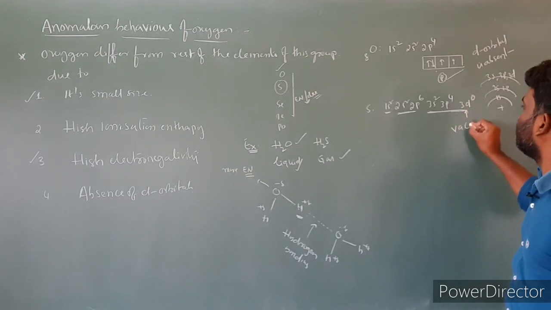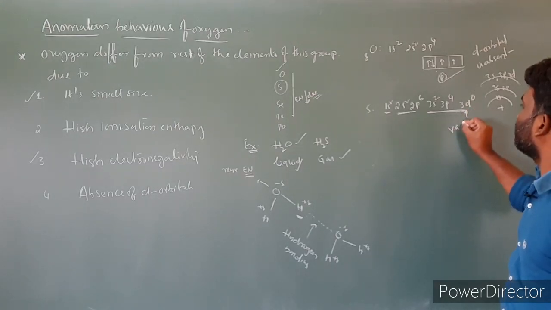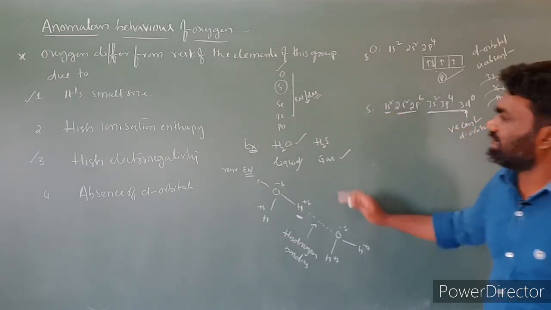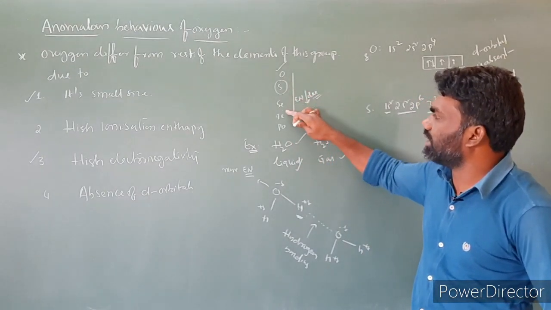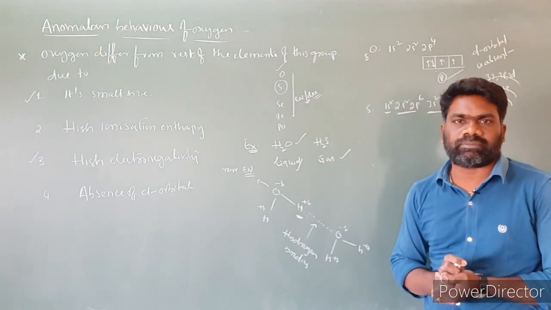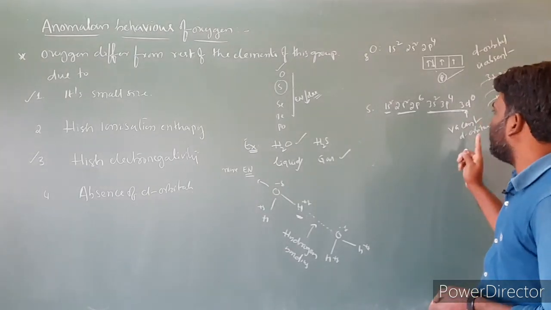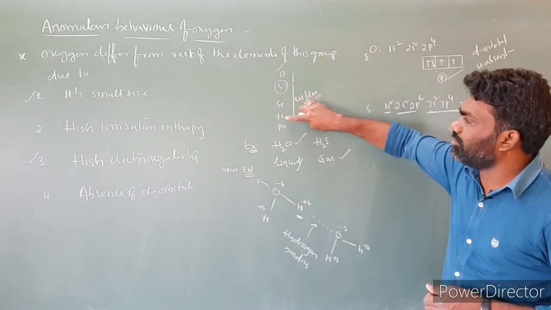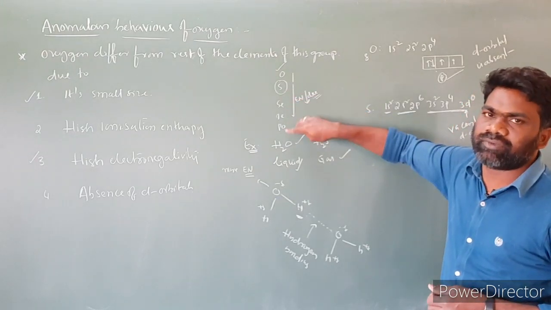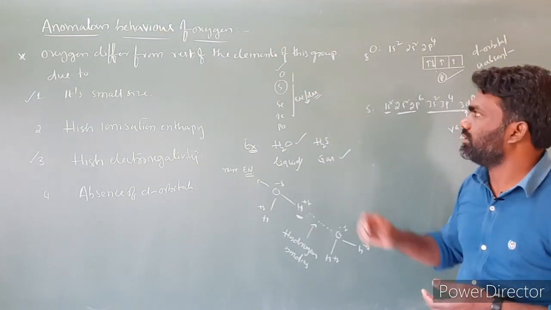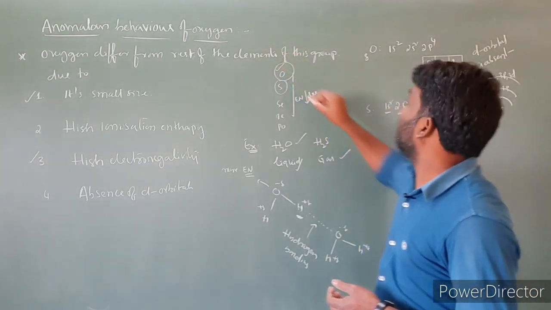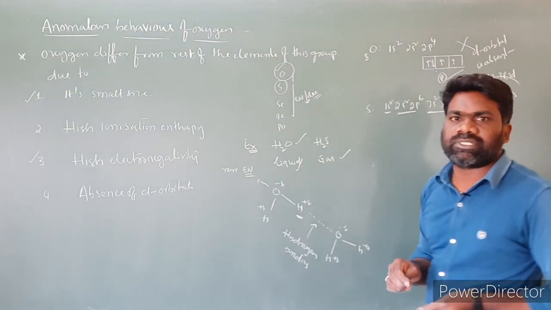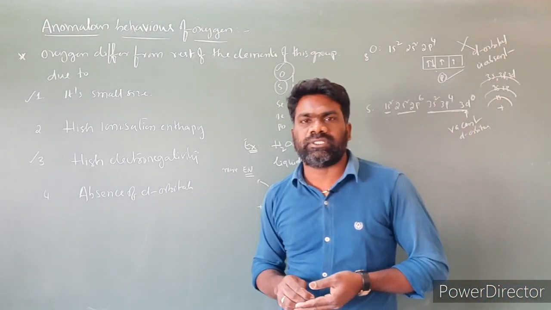They are vacant d orbitals. In the remaining elements, sulfur, selenium, tellurium and polonium, vacant d orbitals are present, and due to the presence of these vacant d orbitals, they are involved in bond formation. But in the case of oxygen, the d orbital is absent. Due to the absence of this d orbital, the properties of oxygen are different from the rest